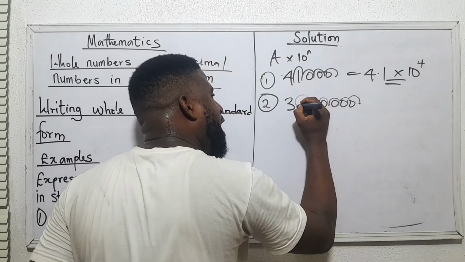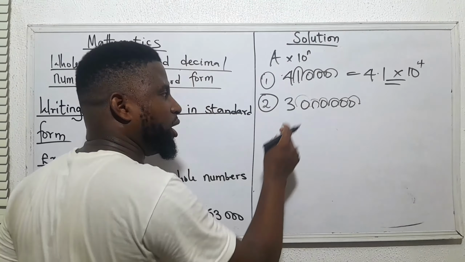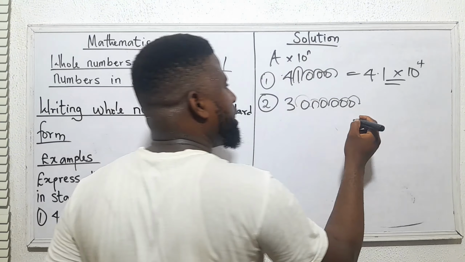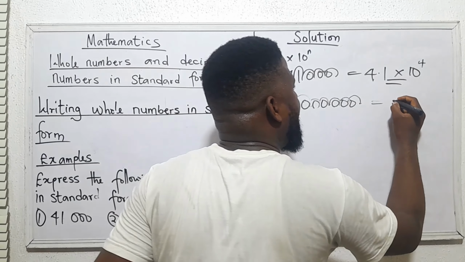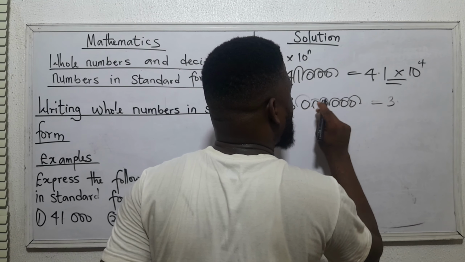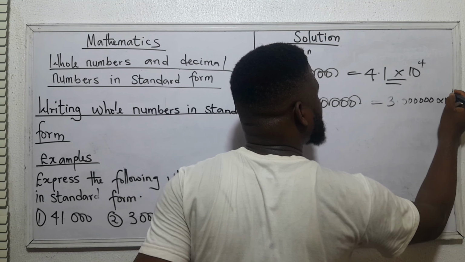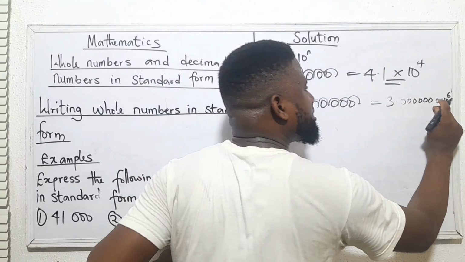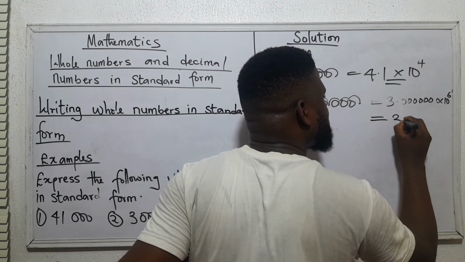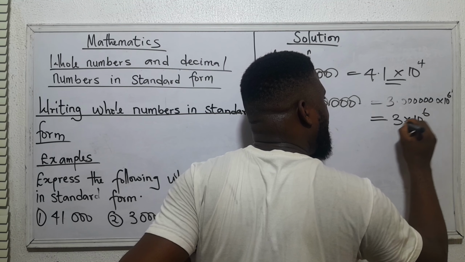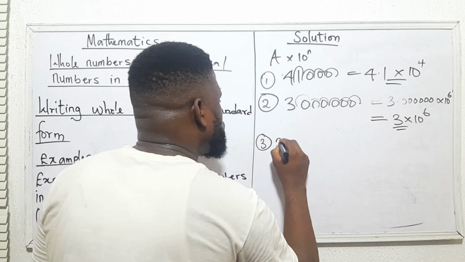Then we have to shift it backward again until we now have 3, which is now less than 10, but greater than 1. So it means that to write 30,000 in standard form, we have 3.123456 times 10 raised to power 6. However, the zeros after the decimal numbers are inconsequential. This is the same as 3 times 10 raised to power 6. And then number 3, we have